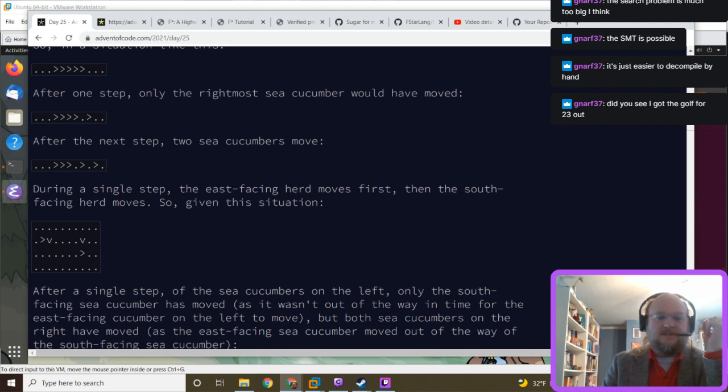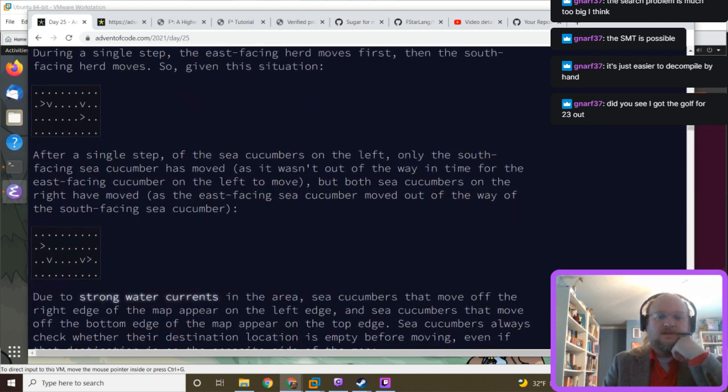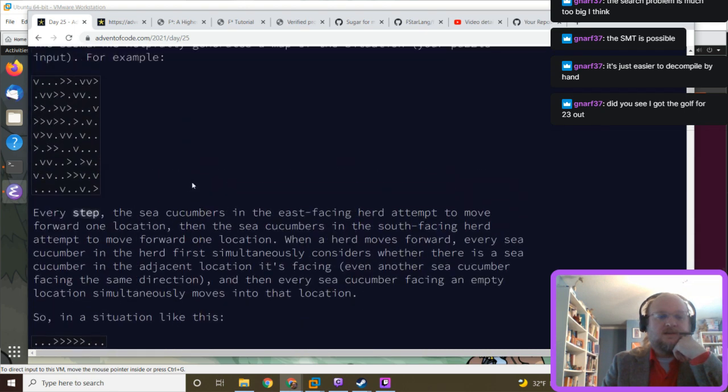During a single step, the east-facing herd moves first, then the south-facing herd moves. So can we rewrite this in terms of what happens to individual cells?